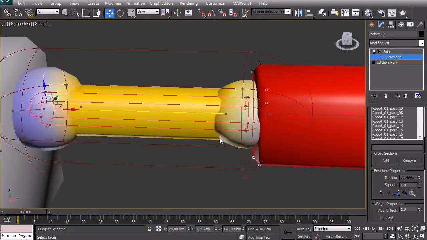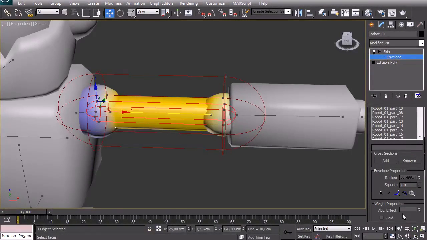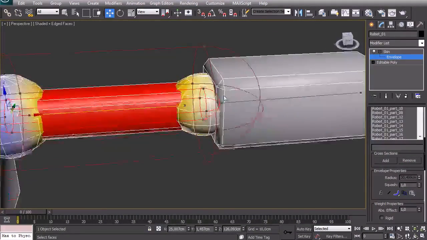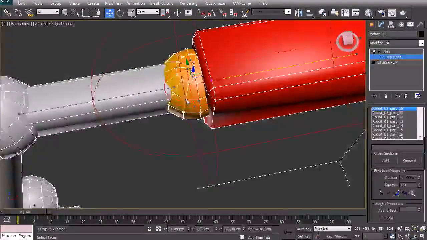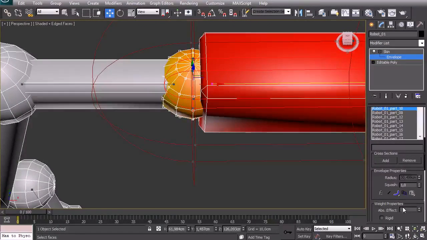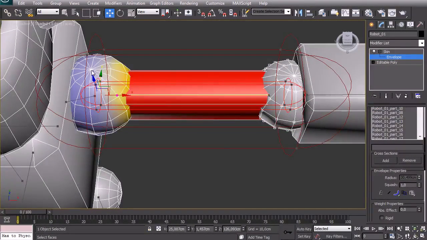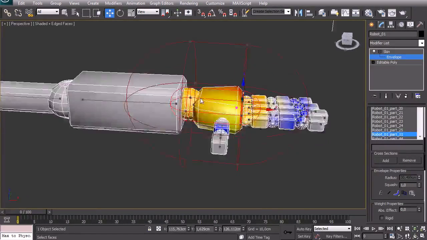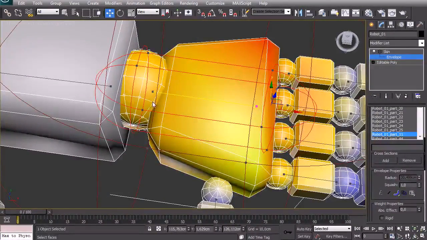Oops, sorry. I'll select this piece and make it 1. I want to select actually this one, so the sphere, and set it to 1 as well. This one is also with the sphere, so I want to select the sphere and make it 1. This is the joint, so basically here anything that goes to the arm itself is the small sphere and this piece, so I'm gonna set this to 1,